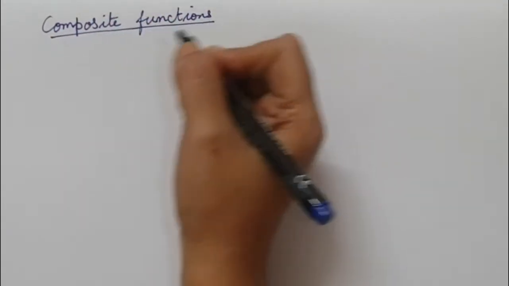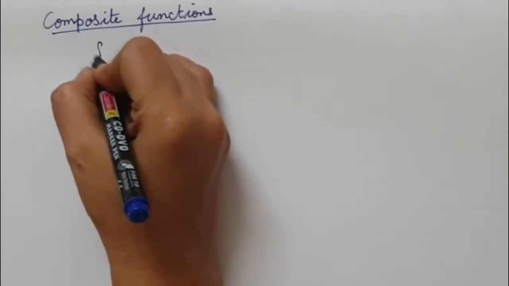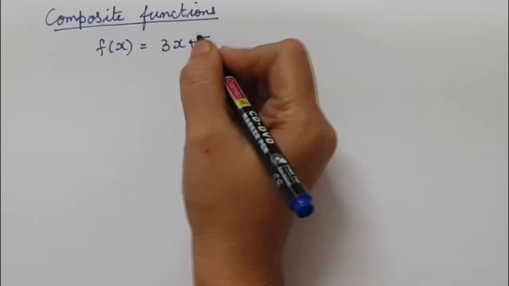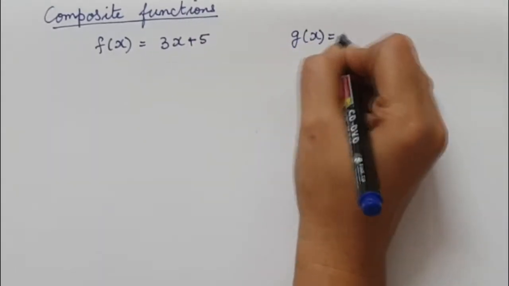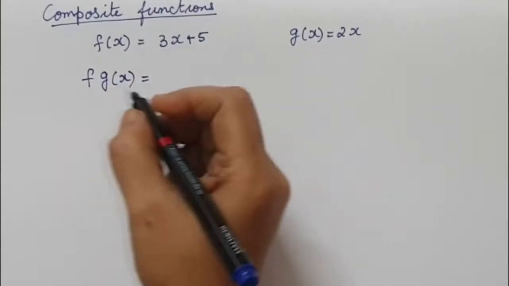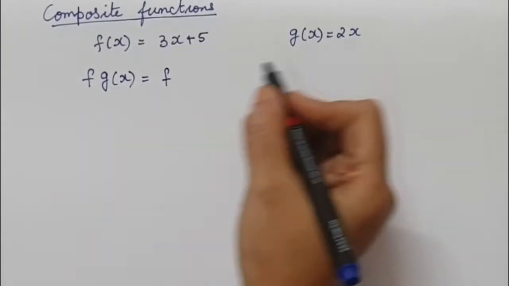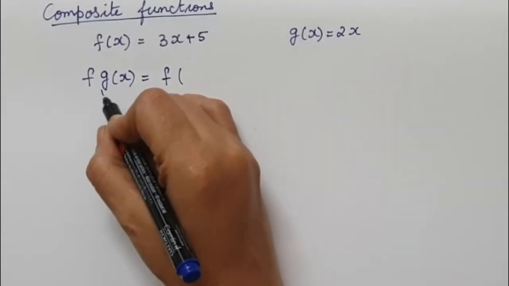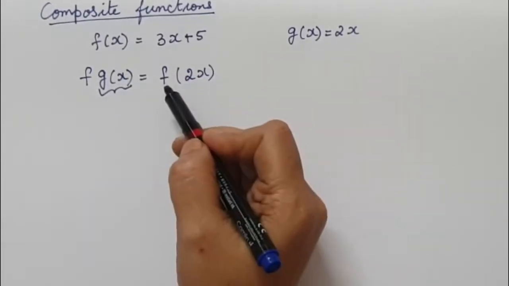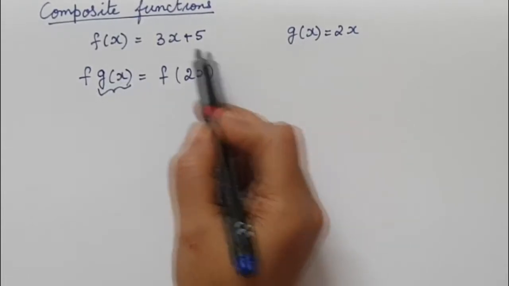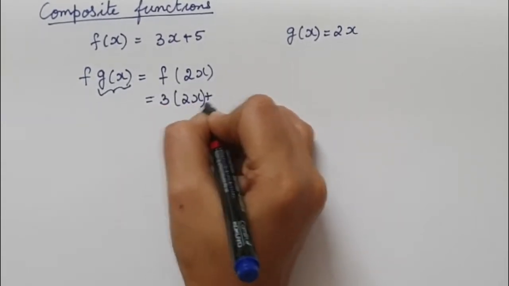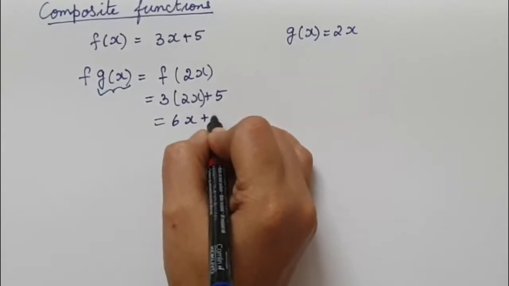Composite functions are nothing but when we combine the functions and write them together. Suppose we take the same functions, f of x equals 3x plus 5 and g of x equals 2x. Now, if you need to find fg of x, we write our first letter f as it is and we substitute g inside. Our inner one is g of x, which is given as 2x. Now we compare this with f. Here, instead of x we have 2x. So on the right side also, instead of x we write 2x. So 3 multiplied by 2x plus 5, which will be equal to 6x plus 5.